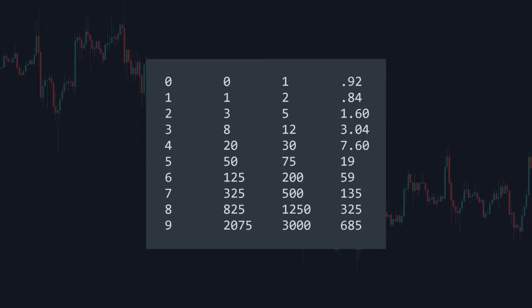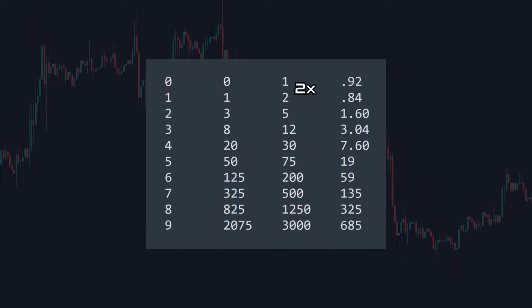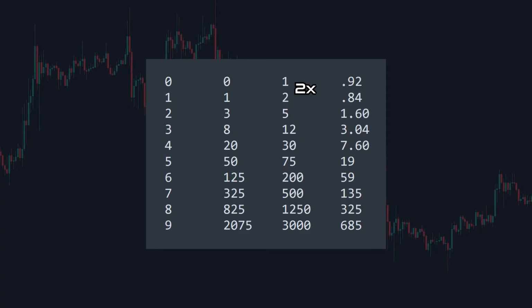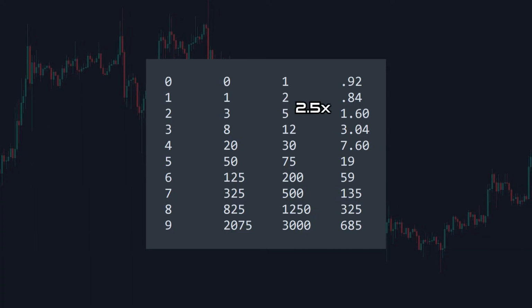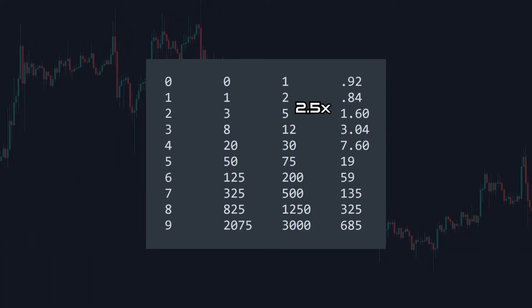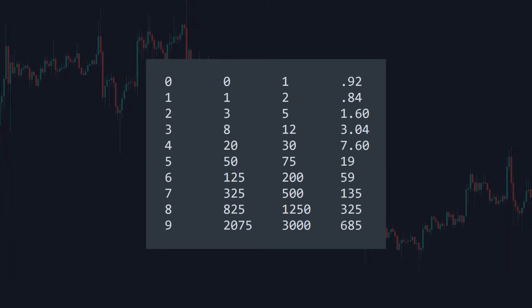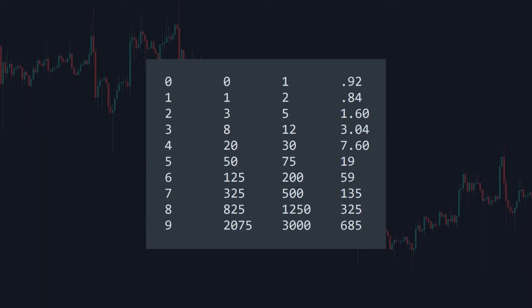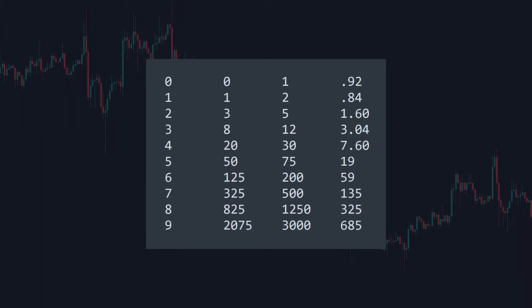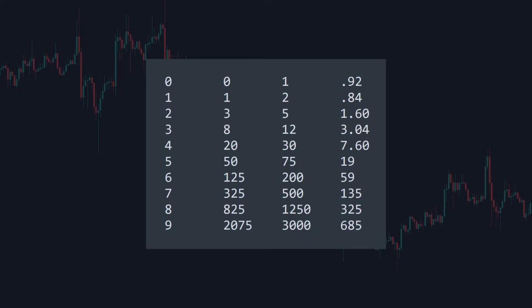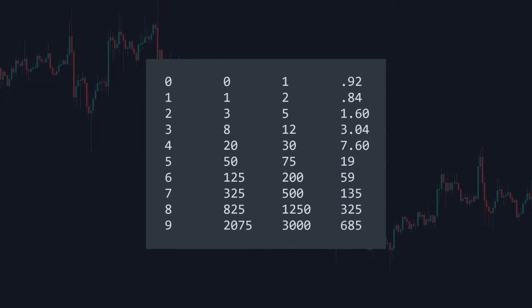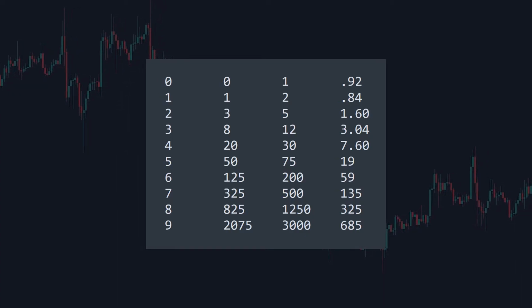Calculating these numbers is pretty simple. On the second trade you risk twice the amount that was risked on the first trade. On the third and all the rest you risk 2.5 times more than on the previous one. Some of the numbers are rounded in the table, just to make it easier to remember, and simpler to enter manually. It's especially useful when you use the system in a high-frequency trading manner and place consecutive trades fast.